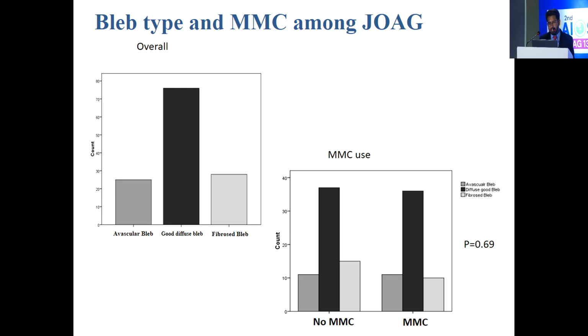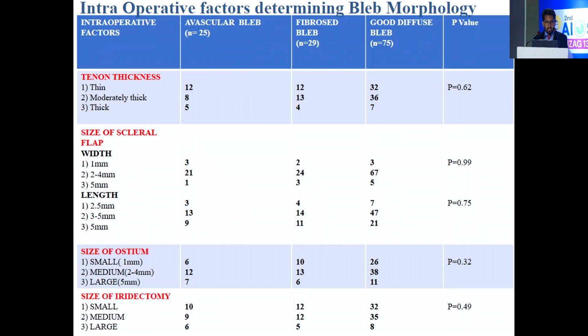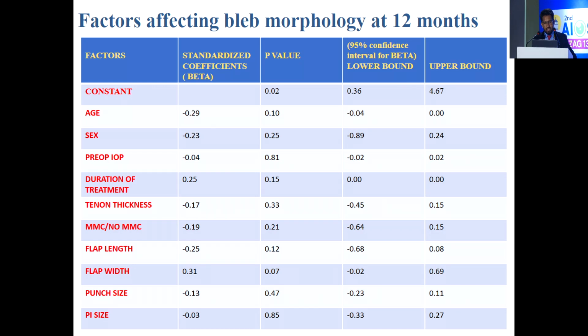Good diffuse blebs are equal in MMC and non-MMC groups. Now coming to the pre-op factors like pre-op IOP and duration of medications, these do not significantly affect the bleb morphology. Then coming to the intraoperative factors I mentioned previously, none of these are affecting the bleb morphology at 1 year. None of the factors affect bleb morphology at 12 months,